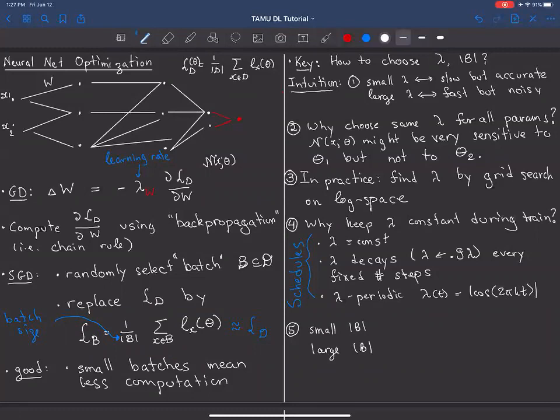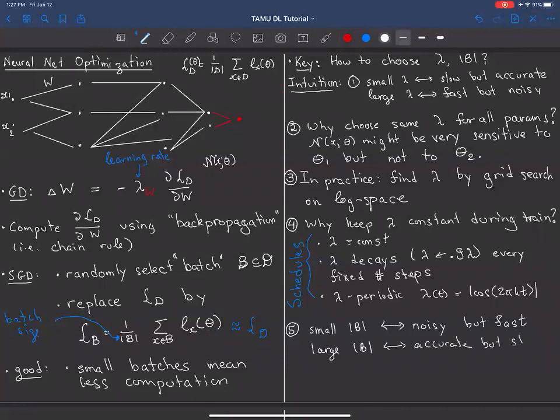If you have a small batch size, you're replacing a big average, which was LD, by an average over a small random subset. So you're going to have noisy but fast optimization. Fast because you only have to compute the gradients on a small subset. You only have to differentiate this per-sample loss. And similarly for large batch size, you're going to have accurate